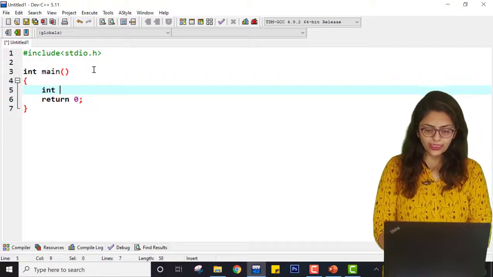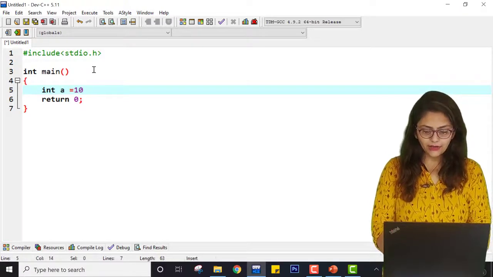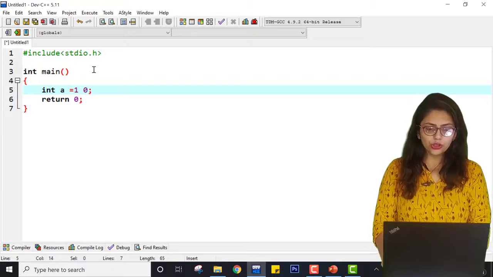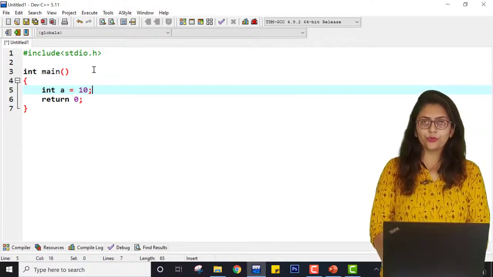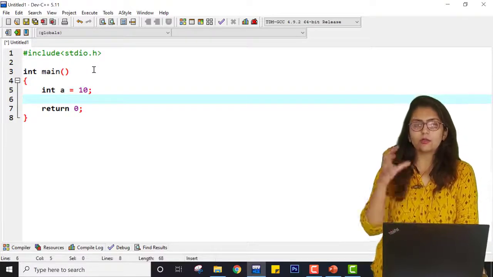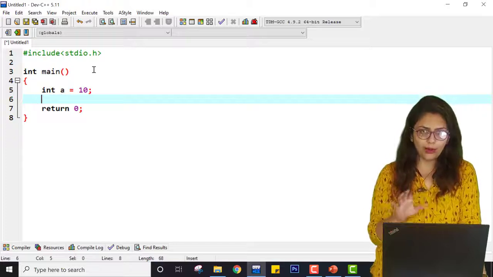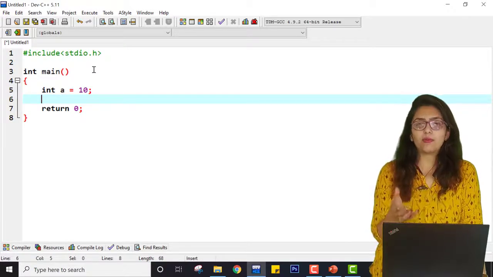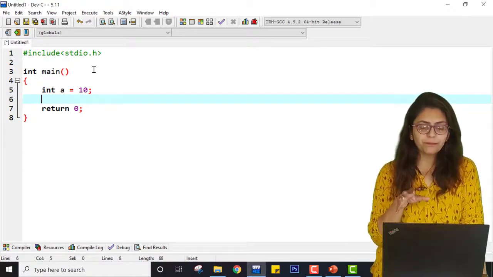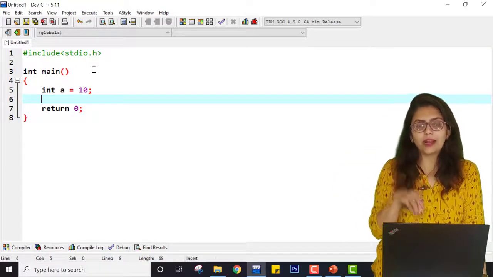Suppose I am taking one simple variable a with value 10. You can also use scanf, which I am going to show you, so don't worry. Right now just understand that a is declared, so some memory location is assigned to a. I don't know what that memory location is, but at that location it is labeled a and has value 10.